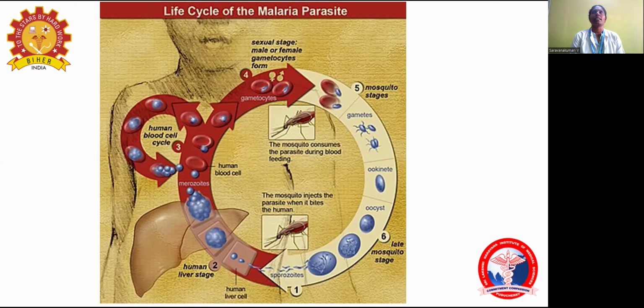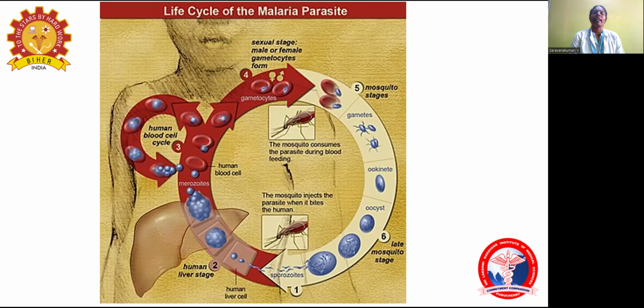Again, they will affect the erythrocytes, but some of the erythrocytic cytons will remain as gametes and may develop into male and female gametes. The person with the male and the female gametes is called a carrier. When a female Anopheles mosquito bites,